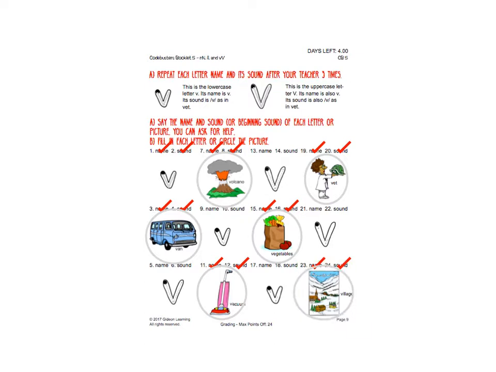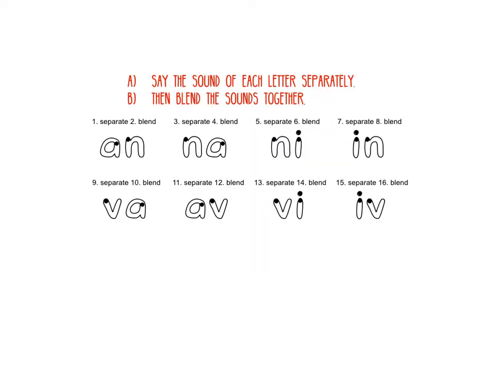Now we'll move on to the blending you'll see in this booklet that will be new to you. First, let's read the directions. Say the sound of each letter separately, then blend the sounds together. We'll start with the first one. A, n, an, n, a, na, na,